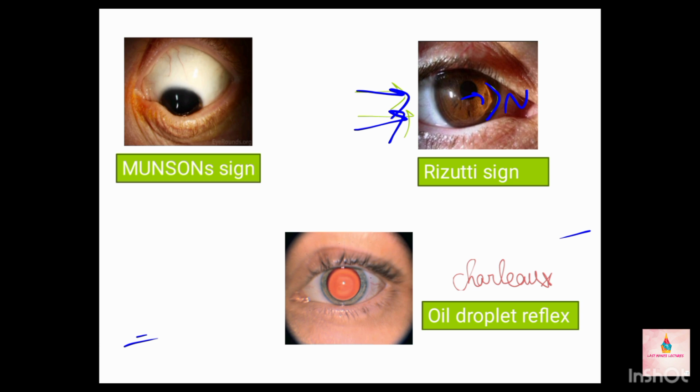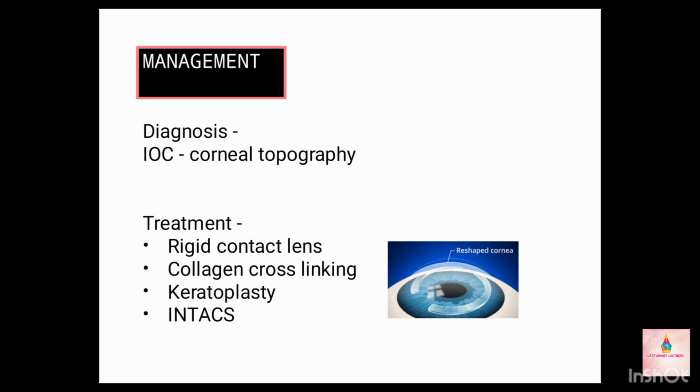Next, these are the signs and symptoms. You know the etiology, you know the signs and symptoms. Let's discuss the management part. Coming to the management, you need to know how the diagnosis of keratoconus is made. With the presentation, the patient has myopic astigmatism, which could be a key feature in your diagnosis in the clinical examination. And then on retinoscopy, there will be a scissoring reflex, and on examination, you'll see an oil droplet reflex.